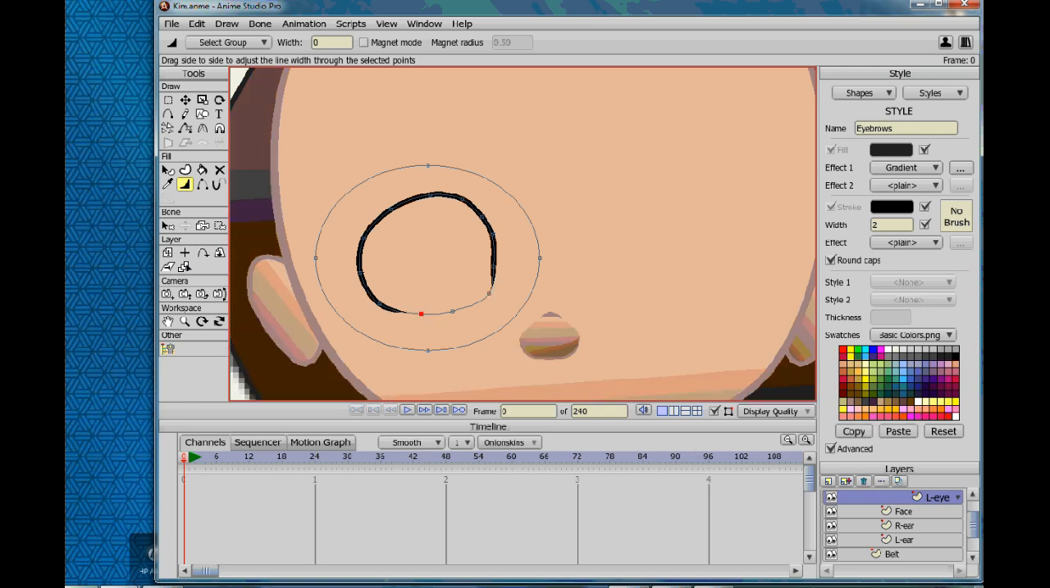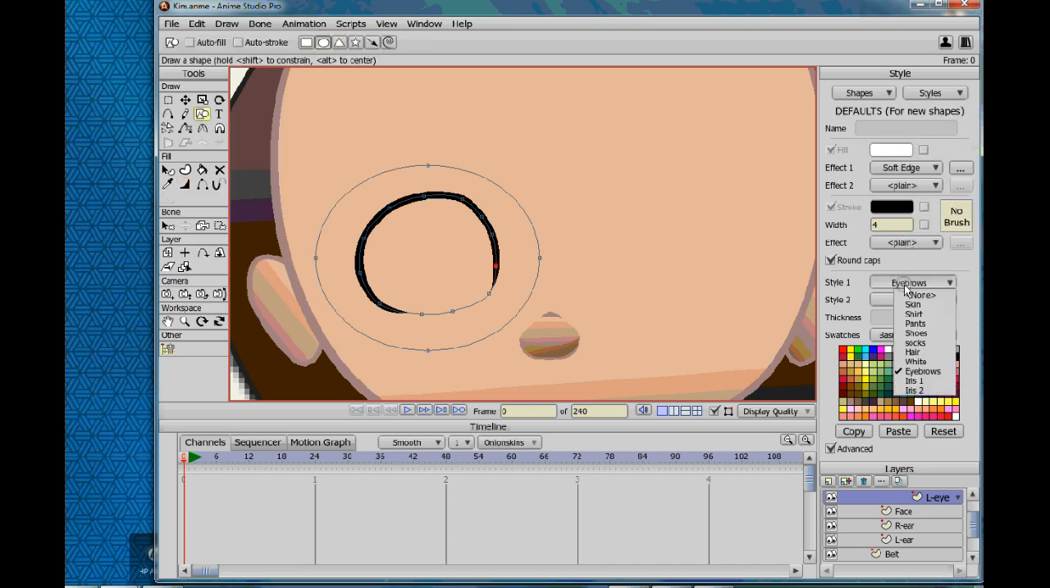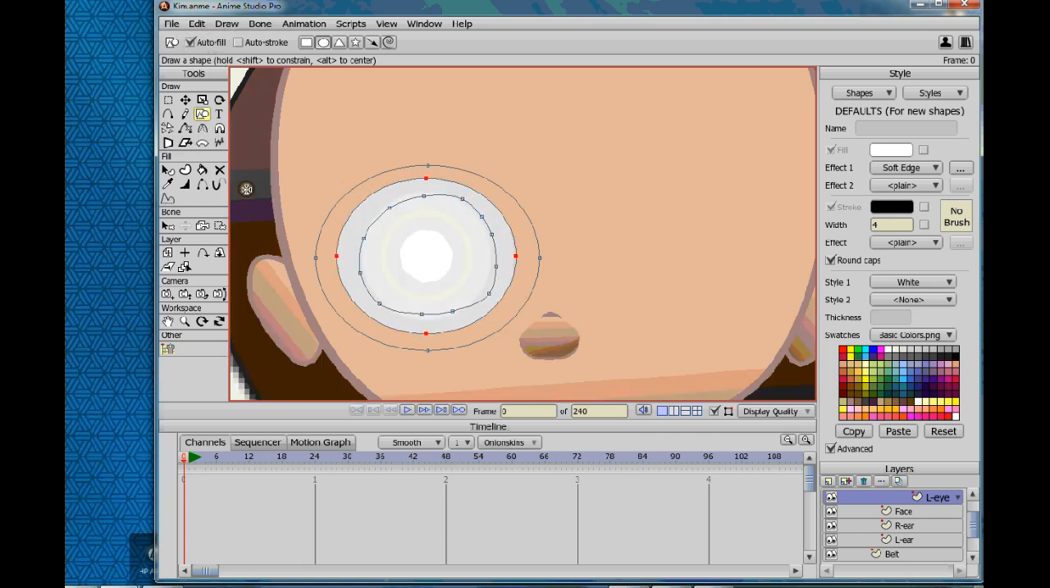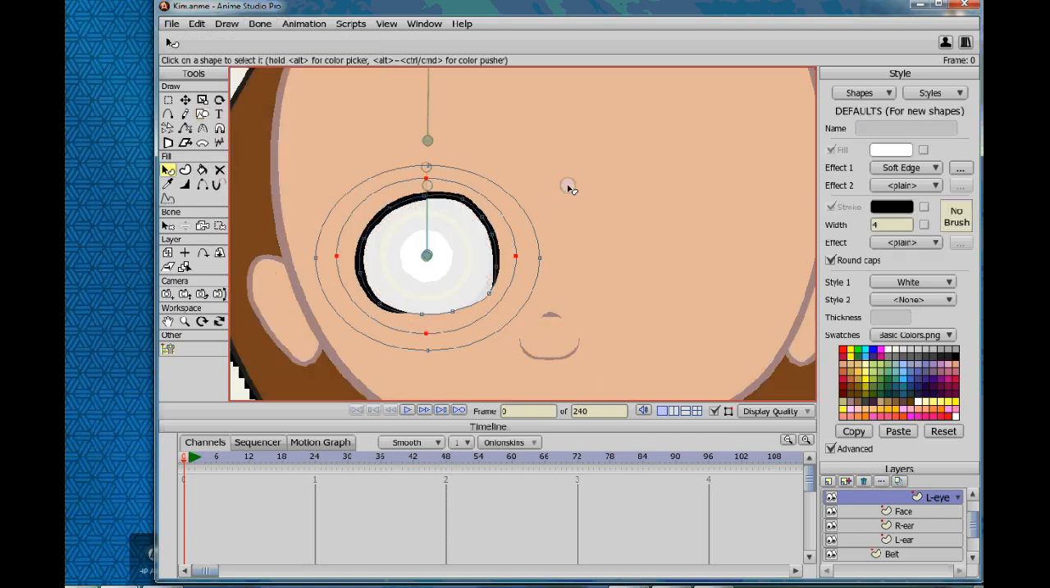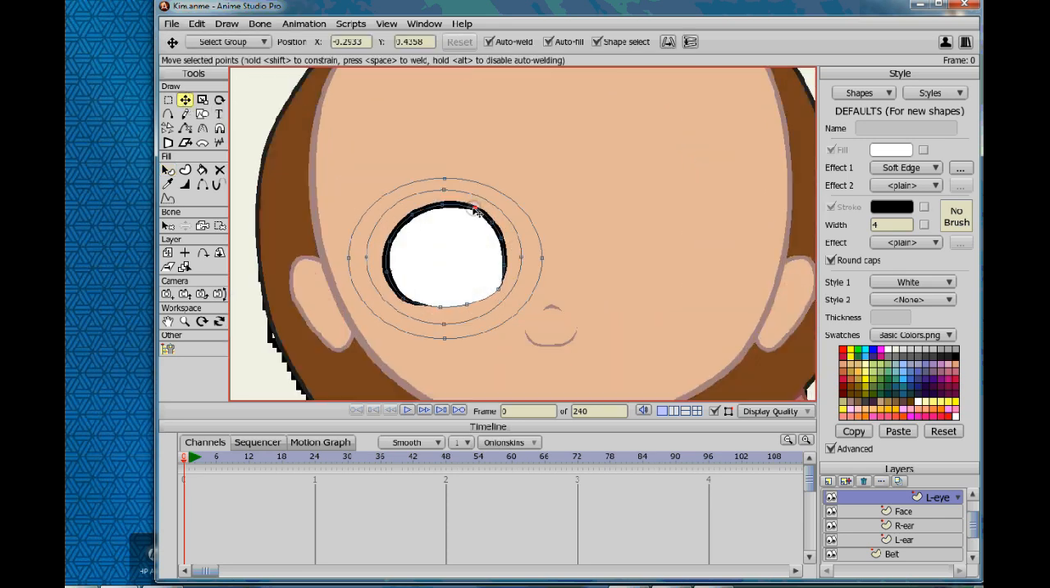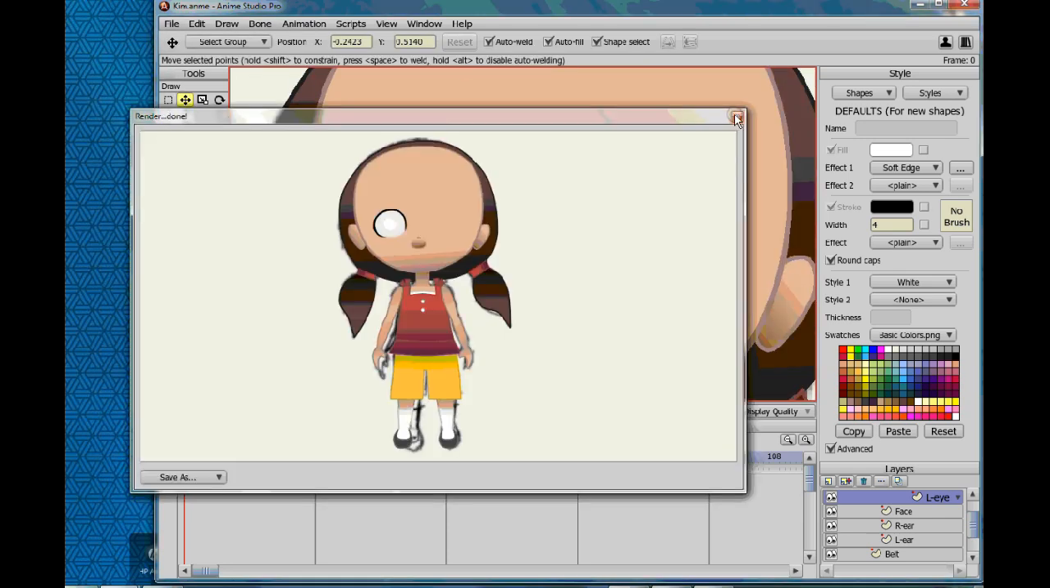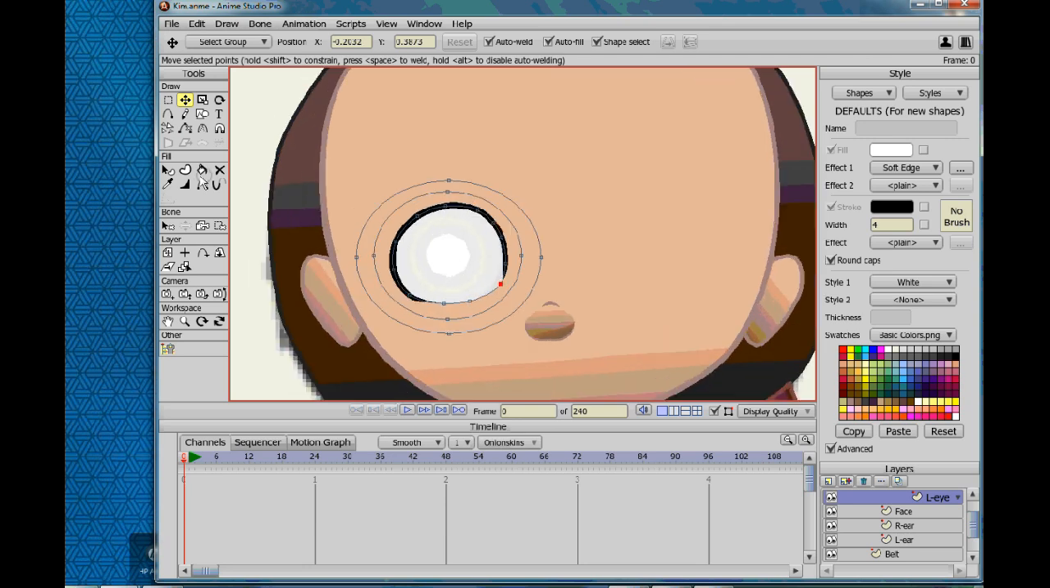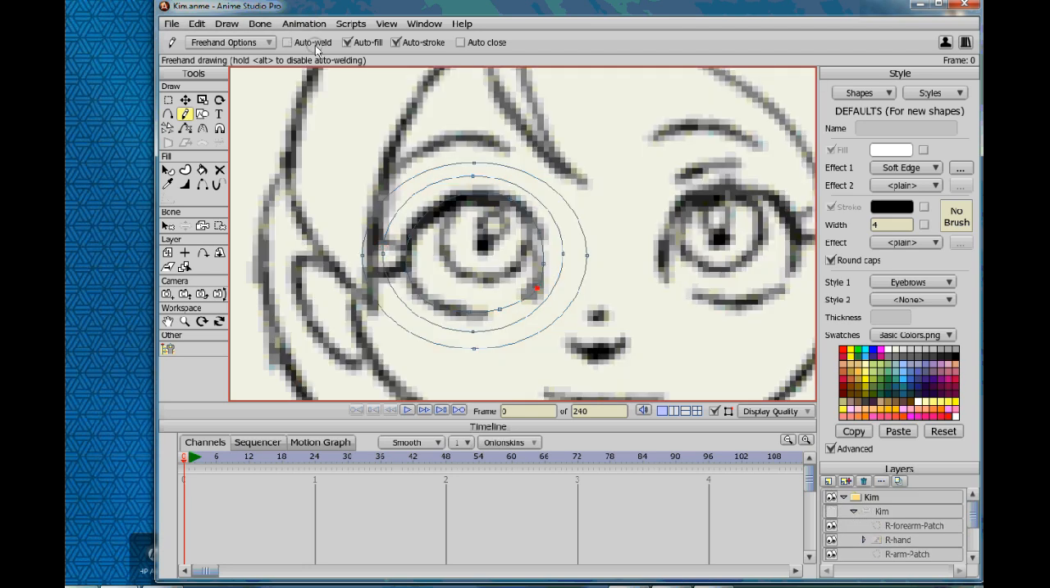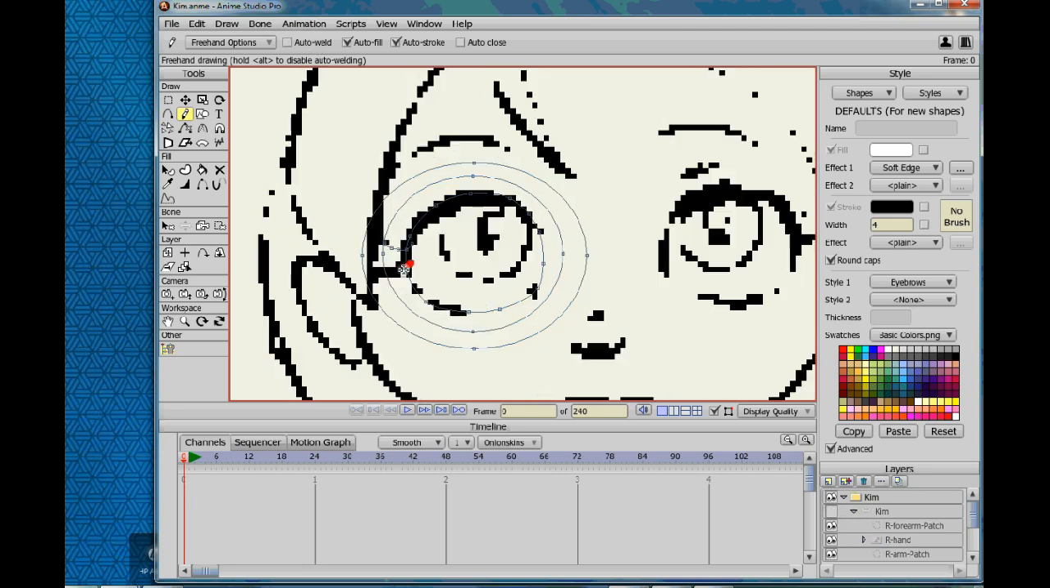Decrease the width of the line in the style window, and then change the line width of certain points. Create a circle, bring it underneath everything else. The circle should be with white style,